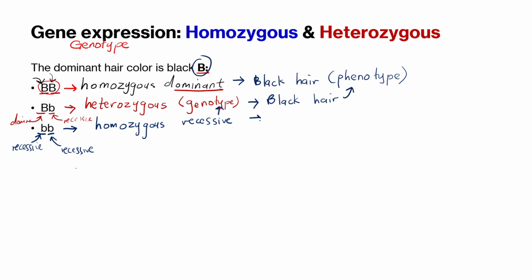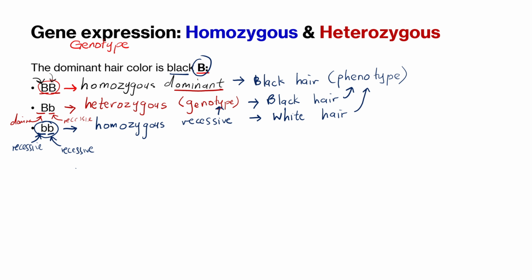What about the physical characteristic? The physical characteristic here will be the opposite of the dominant, because remember that the dominant is the one that masks. But now if we've got this genotype, which is number 3, it is recessive recessive. So it means it is actually the opposite of the dominant hair color. In this case, the dominant hair color is black. So small letter b will be white hair. This will be the white hair color. That will be the phenotype for a person that has got this gene, small letter b, small letter b.